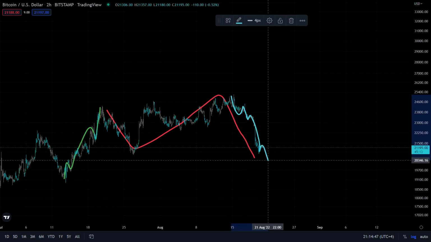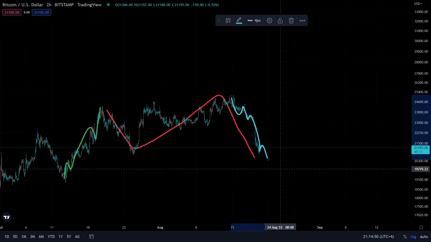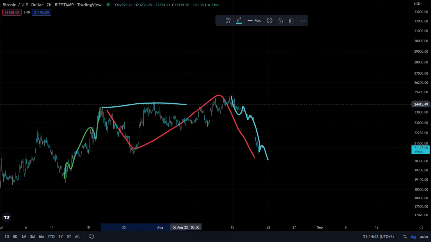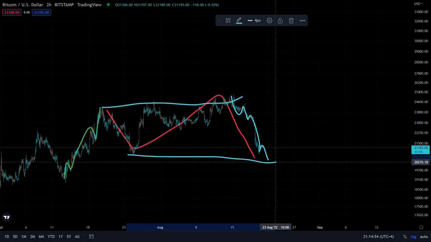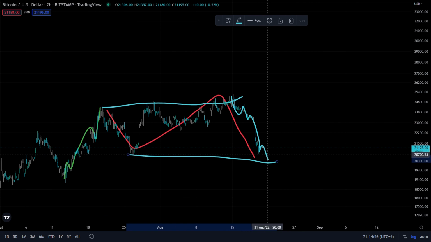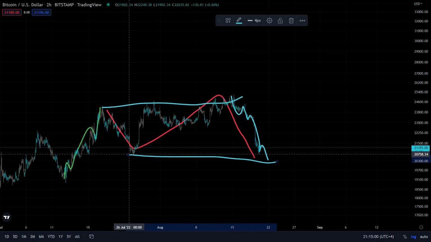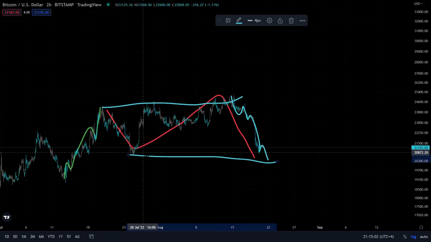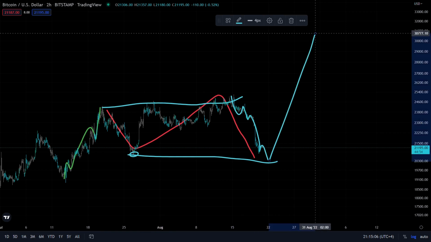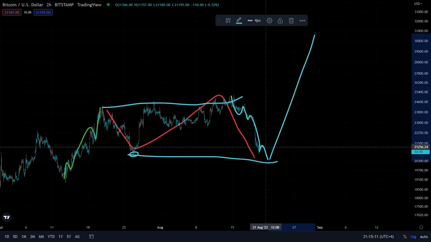3, 4, 5 waves down to finish off this C wave to come in as an expanded flat, or even a running flat. If we just pierce this low, we'll see what happens as that time comes, but it's looking more to me like it's going to be an expanded flat, take out this last bit of liquidity and then move up. So let's pull the trend based Fibonacci's and we'll figure out where we can try and get to